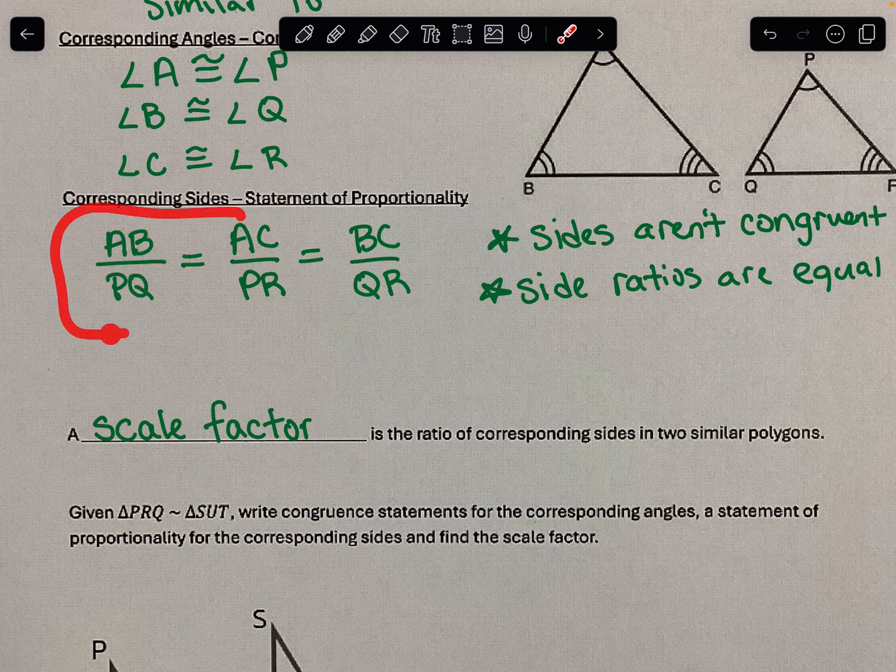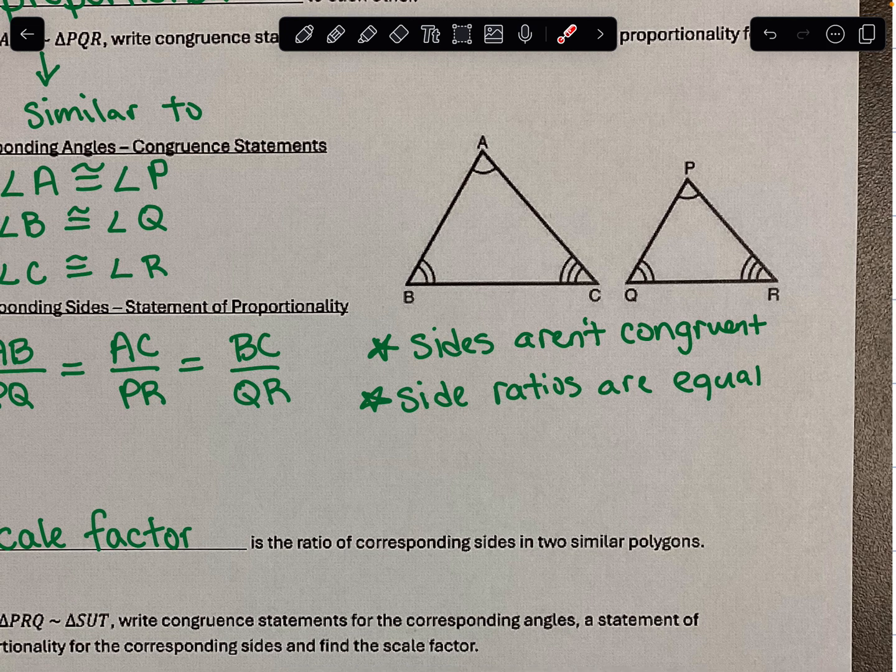So you can use any of the three sides because they're all equal to each other, correct? So it doesn't matter which side you choose as long as you choose corresponding. Could you put AB over QR? No, because they're not corresponding sides. So as long as you choose AB over PQ, right, or AC over PR, corresponding sides,